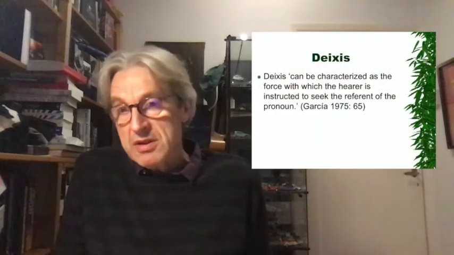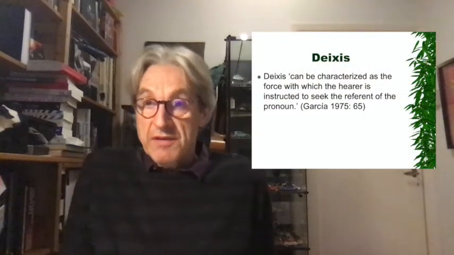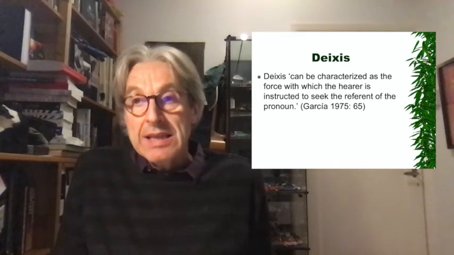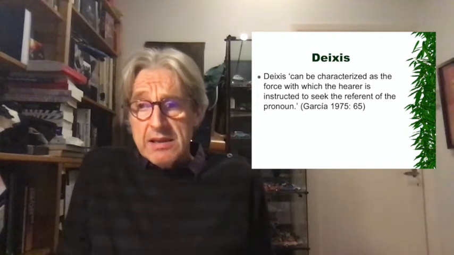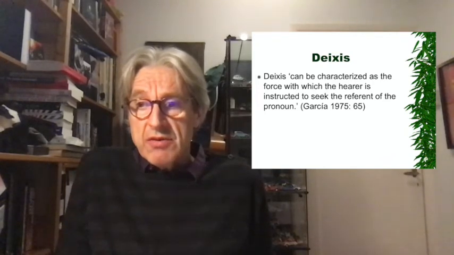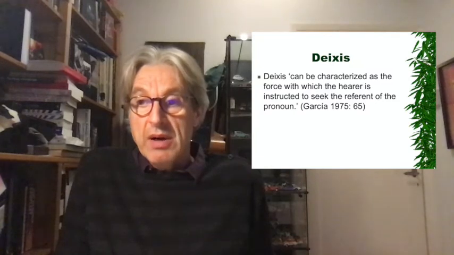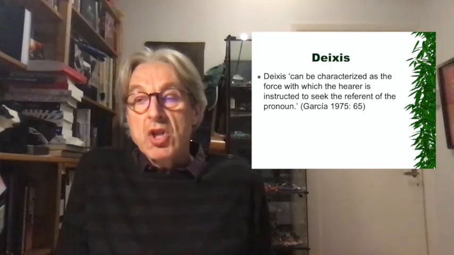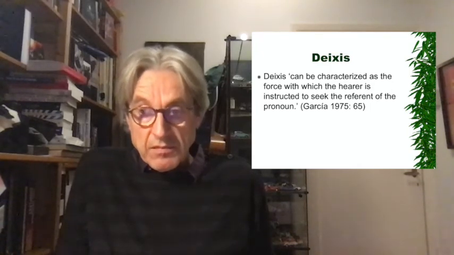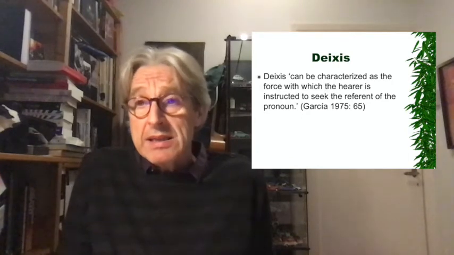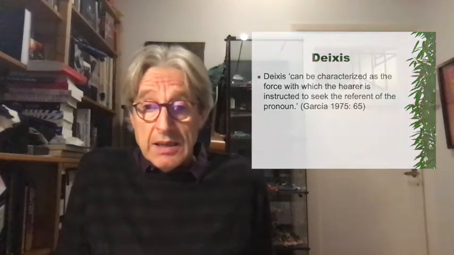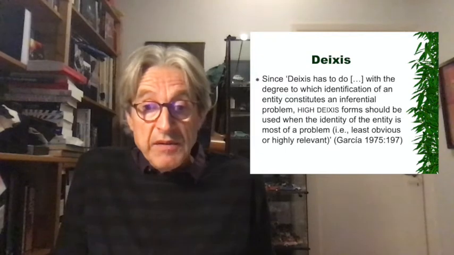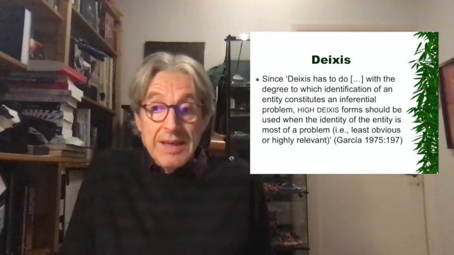Now, let me first shortly tell you what this phenomenon is called. This phenomenon is called deixis, so these are deictic forms, and deixis can be characterized as the force with which the hearer is instructed to seek the referent of the pronoun. So a certain form can urge the hearer to look for the right referent. Now, of course, there are forms with high deixis and there are forms with low deixis, and since deixis has to do with the degree to which identification of an entity constitutes an inferential problem, high deixis